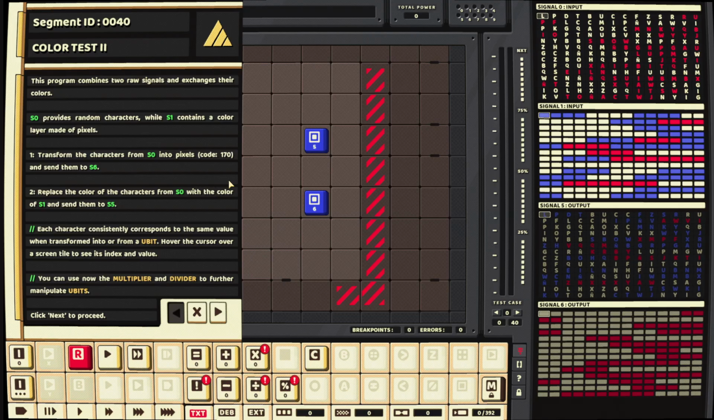What? What do you mean transform a character into a pixel? Obviously I could just set them all to 170, but what does that accomplish? What color should they be? 2, replace the color of the characters from S0 with the color of S1. And send them to